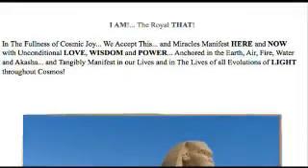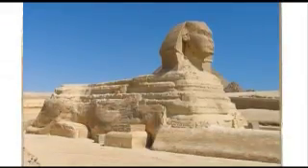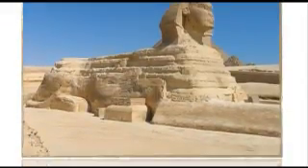In the fullness of cosmic joy, we accept this and miracles manifest here and now with unconditional love, wisdom, and power, anchored in the earth, air, fire, water, and akasha, and tangibly manifest in our lives and the lives of all evolutions of light throughout cosmos. And we stand stoic at the end of this chapter, and we begin the next chapter,